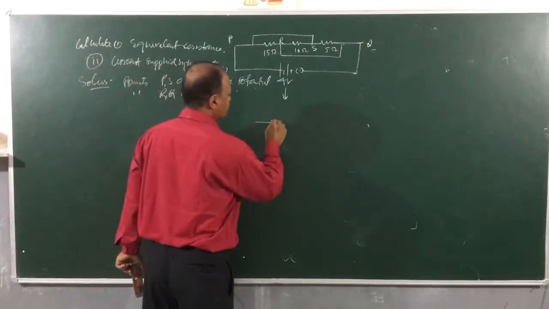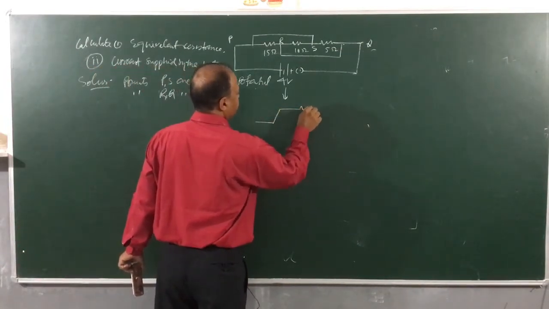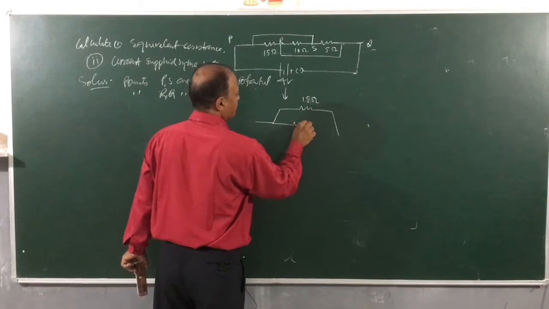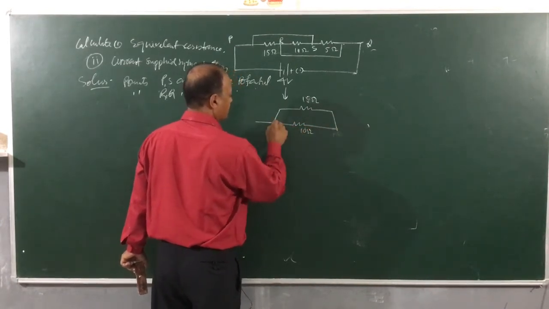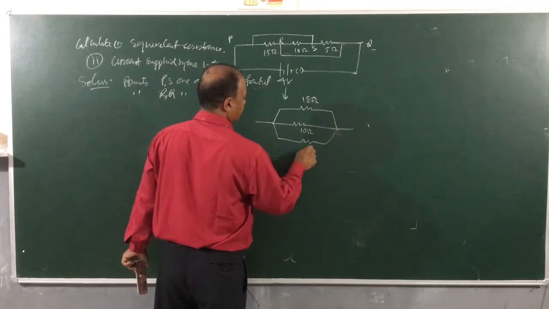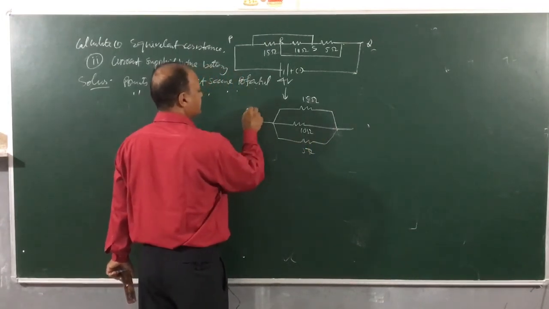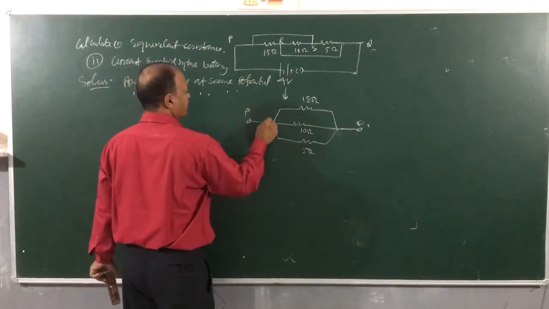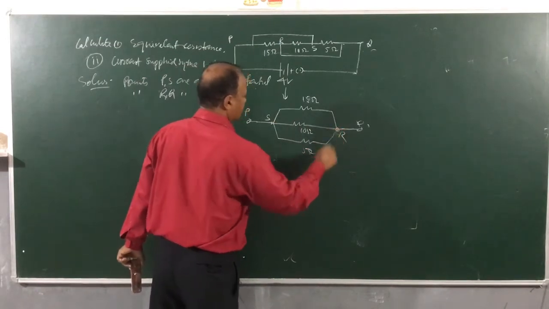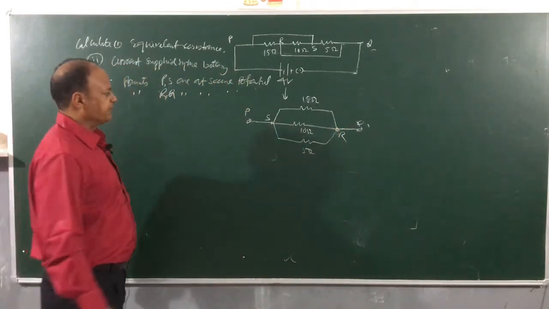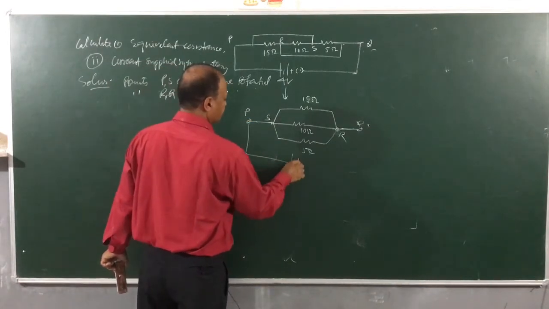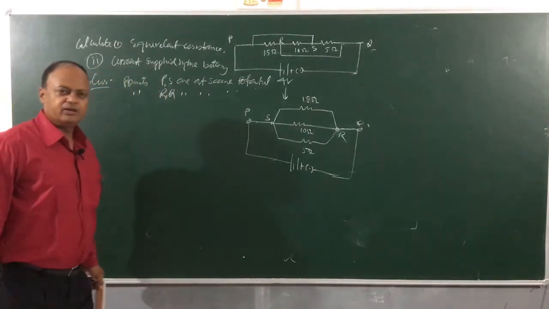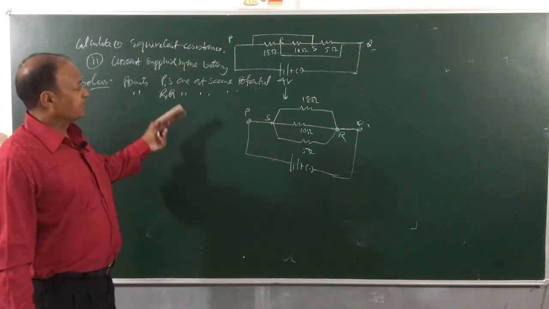So, if you draw this, therefore, the circuit becomes 15 ohm. This is how many ohms? 10 ohms. This is how many ohms? 5 ohms. Okay. This is P, this is Q. P and S are the same. So, S and this is R. Now, the circuit becomes very simple, and here I am connecting how many volts? 4 volts. I can connect any battery. So, you can see that 15 ohm, 10 ohm and 5 ohm, how they are connected, and the next time they will give a problem like this.